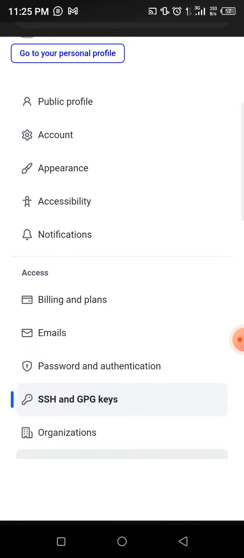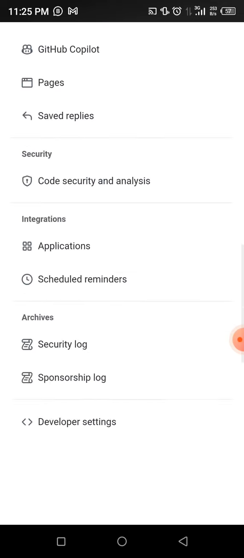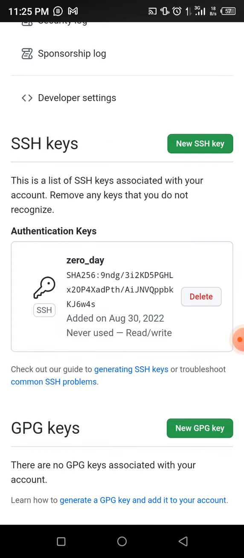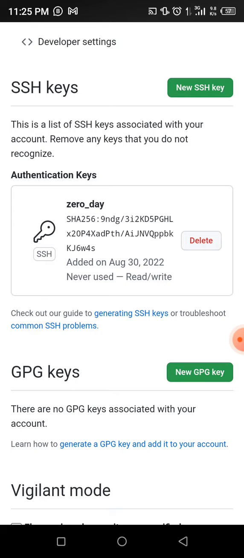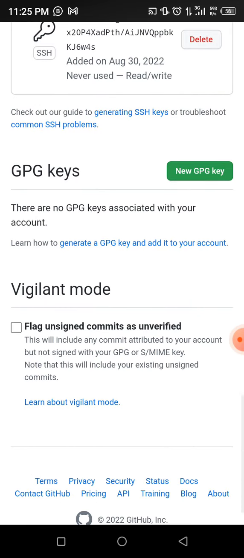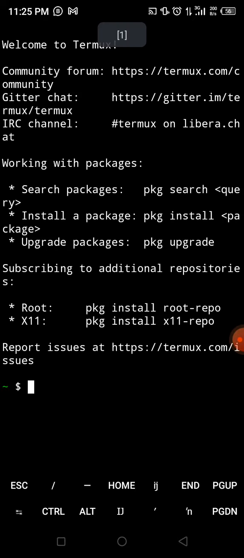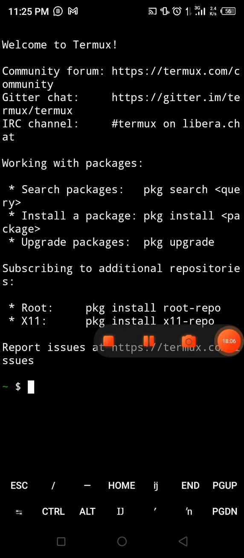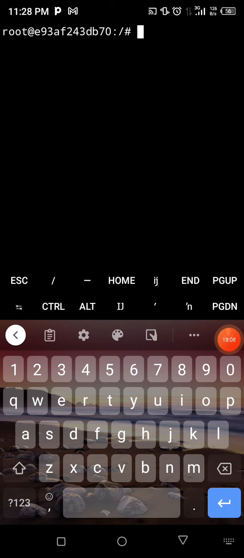And see, we have added it successfully. This is the SSH key we have added. Now we can go back to our terminal. You open your terminal. Actually I have disconnected, so let me connect again. So I have connected. Now the next thing I'm going to do is I'm going to create a